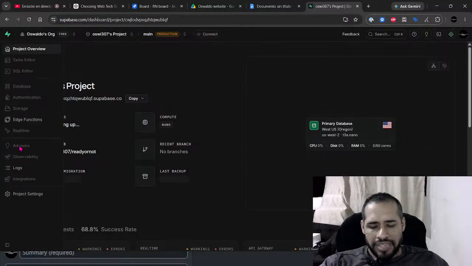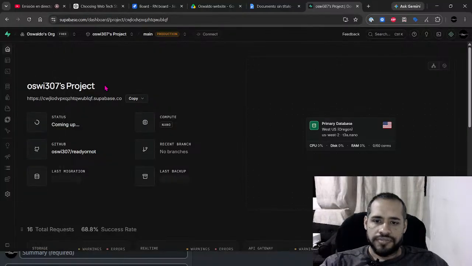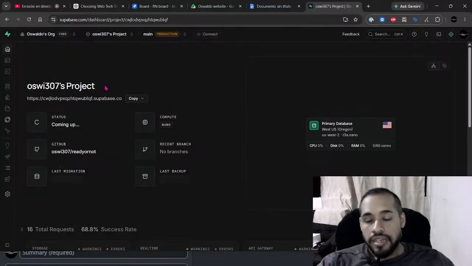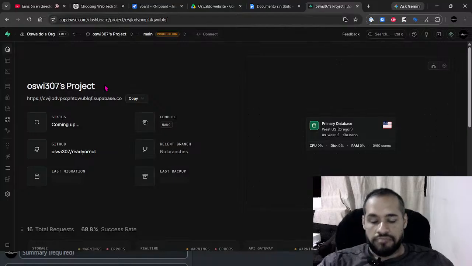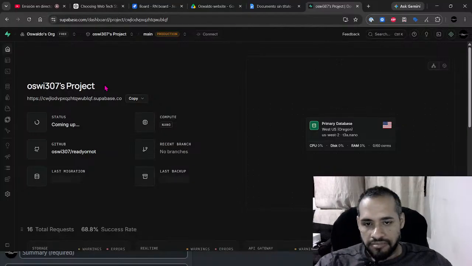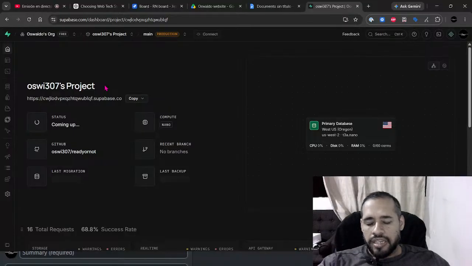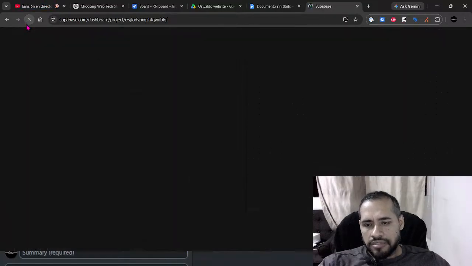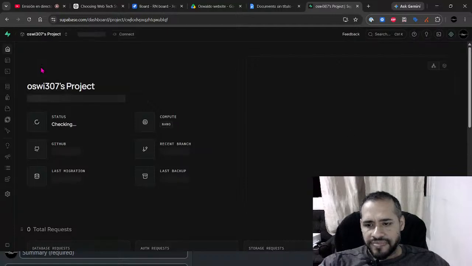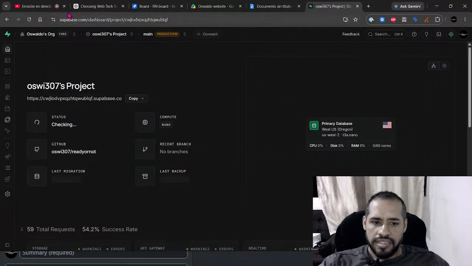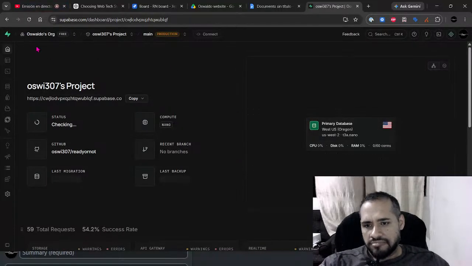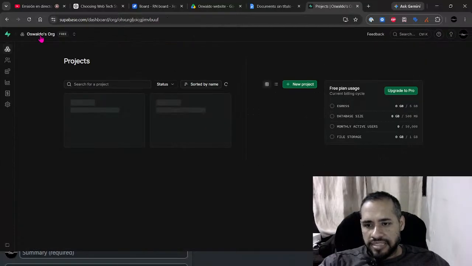I don't quite understand because this is the first time that I use Supabase, because most of the time I use my own database engine, because I used to work with cPanel and WHM servers. So there you can have your own database. But yes, this is the first time that I use this.